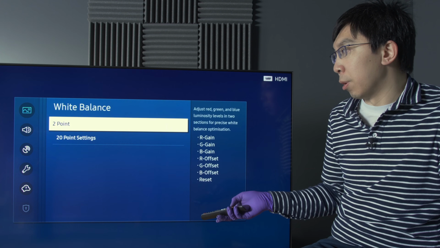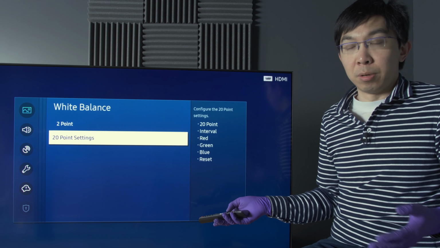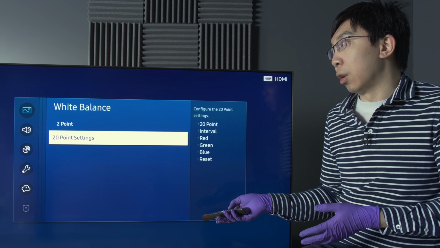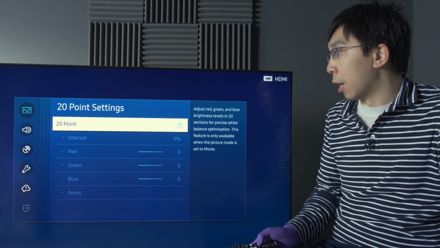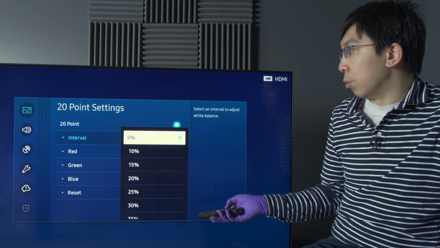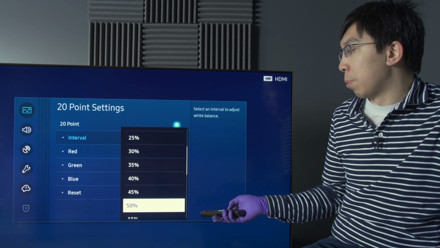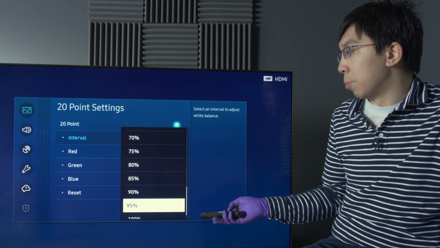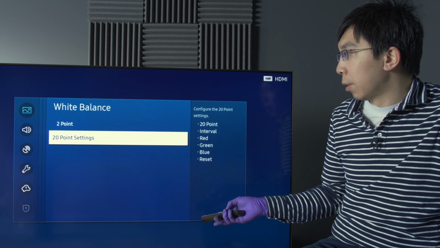And if we get out from here, you can also achieve greater precision by using the 20-point controls for white balance or grayscale calibration. So if you switch it on, you can see that you can adjust every single 5% interval from 5% all the way up to 100% video stimulus. And if we get out from here,